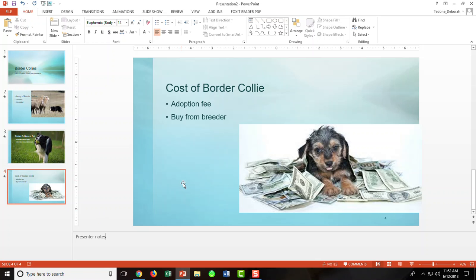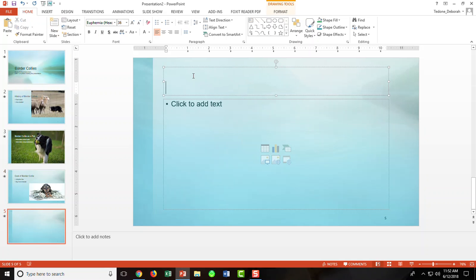Our very last slide is going to be our reference slide. So we're going to put the word references here for our reference slide. And we're going to click there, and you see there's a bullet point. We want to get rid of the bullet point, so just backspace. And right here, I'm going to put in my very first